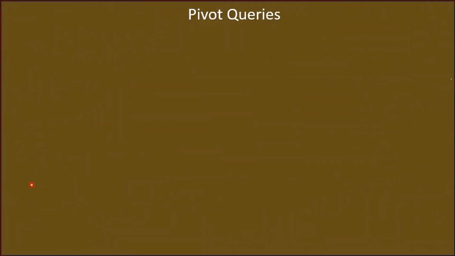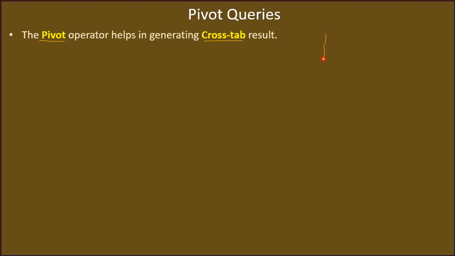Now let's look at pivot queries. The pivot operator helps in generating the CrossTab query result. CrossTab query result is kind of a summary result, and in CrossTab result the column and row together form a plotting area. Say for example, you want to know the sales of a particular subcategory or product category, and